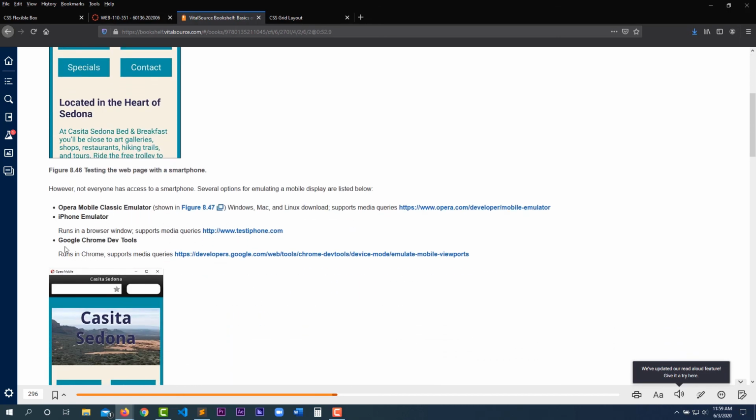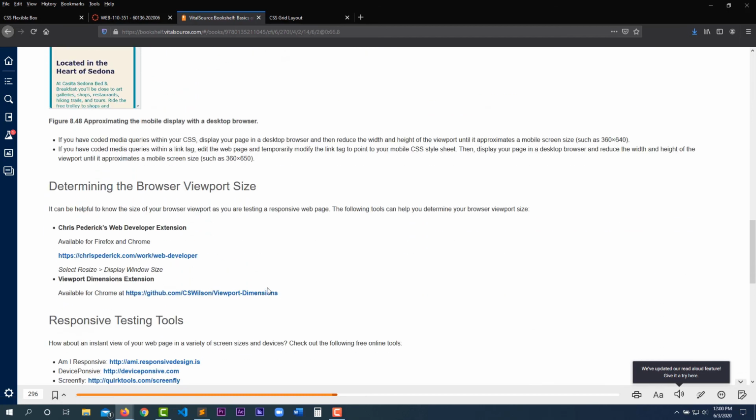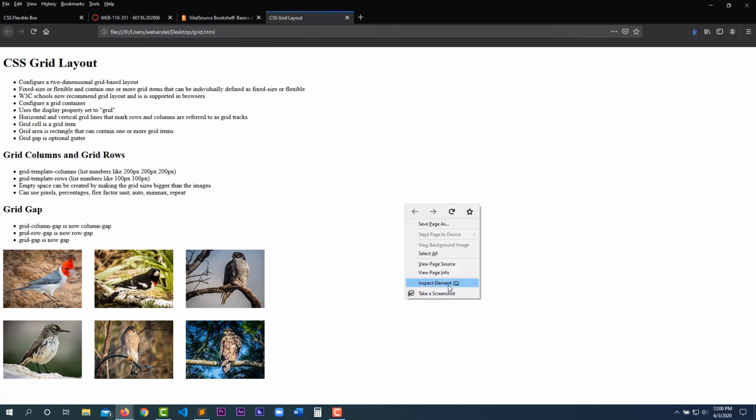So we have Google Chrome development tools. We have Opera Mobile Classic Emulator, iPhone Emulator. So if you wanted to, you could test those out. If you look in your browser,